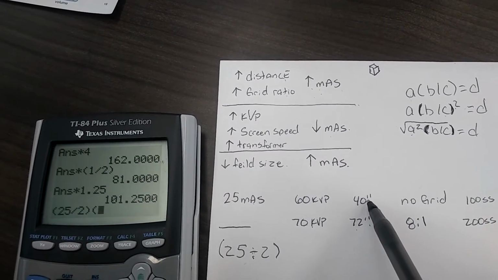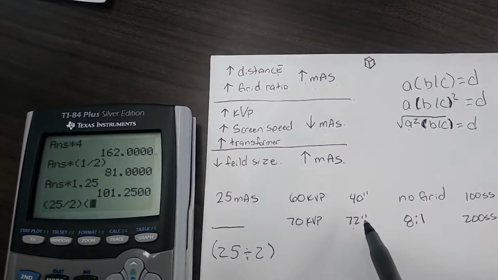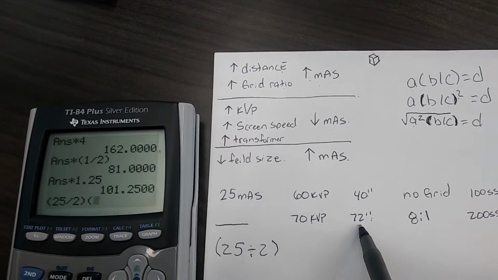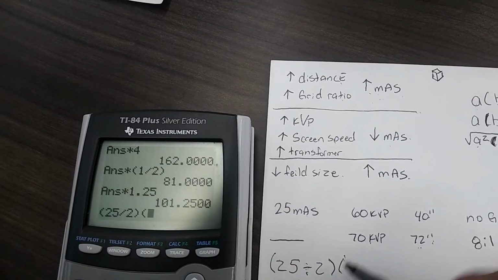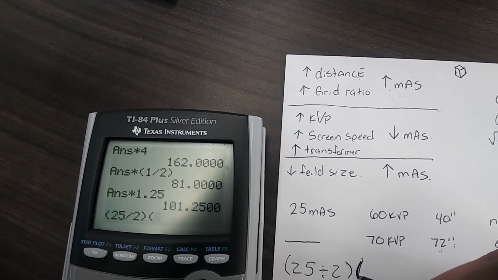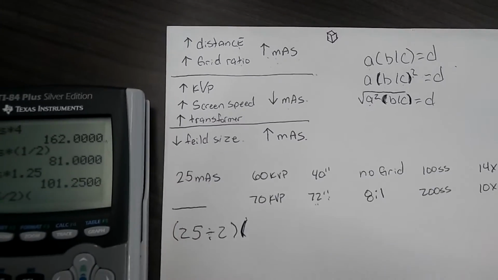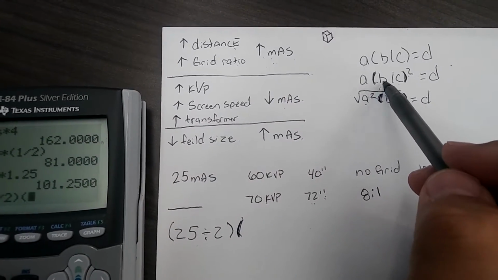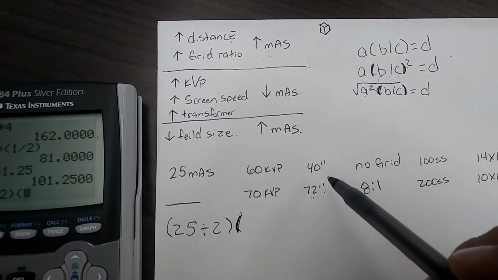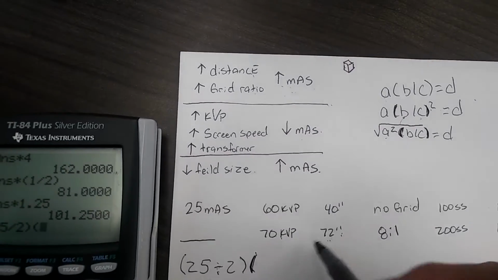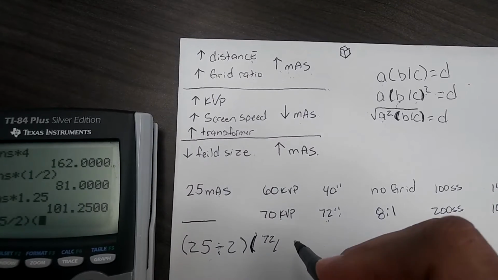So again, you have to know if you increase your distance, you have to increase your mass. So this is going to be an increase. We need this to increase. And the way you do that is by, if you need an increase, you put the bigger number on top. And if you need a decrease, you put the smaller number on the bottom using these formulas. So this one here is going to be the bigger number, and this is going to be a smaller number in this situation because I need the number to get bigger. So 72 divided by 40